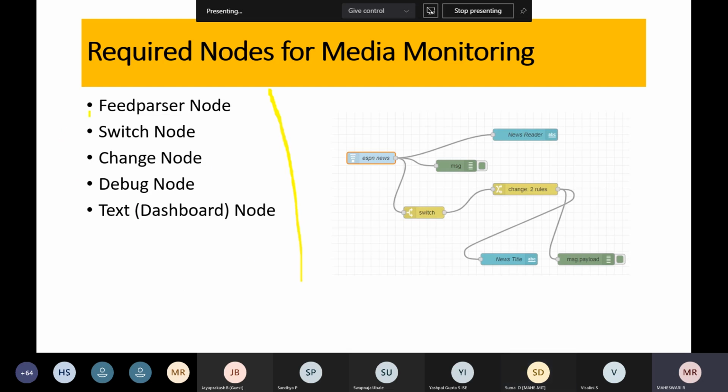We are going to use the feed parser node, switch node, change node, debug node, and a dashboard node to display. The switch node, change node, debug node and dashboard node are already known nodes, and the only new node is the feed parser node. The feed parser node is an RSS node which helps us take the data online.